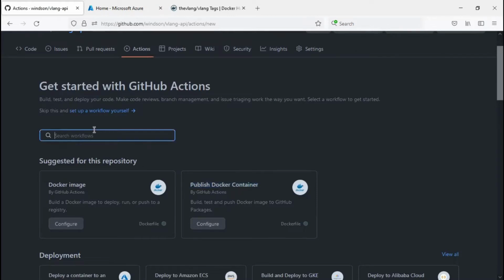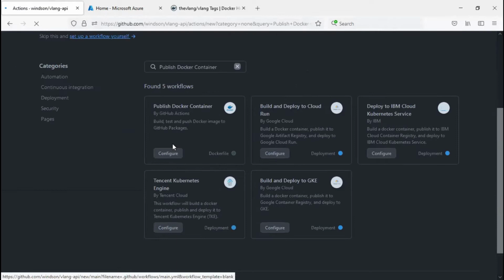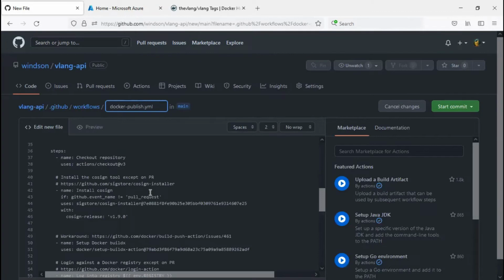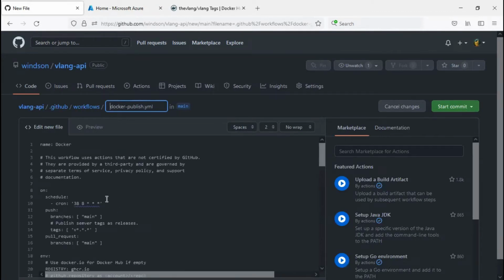If you can't find it, you can also search for it with the name Publish Docker container. Then in the results, you find that and click on Configure to land on the configuration page of that particular GitHub action. We don't have to modify anything and we can simply go ahead and start commit directly to the main branch. But let's look at what is inside this YAML file.